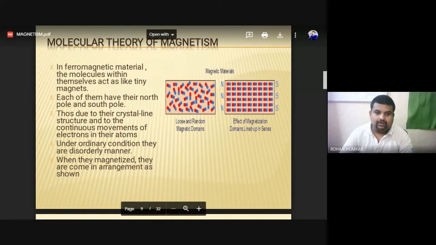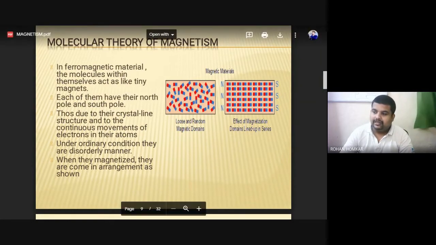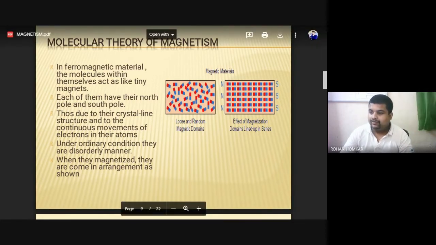They are in an arrangement like this, and we are getting the effect of its own strength in terms of magnetic strength. Okay, so this material now becomes magnetic, having the magnetic capacity, and it will be able to attract or repel magnets. Okay, so this is how we can say that this kind of magnetism is what we have seen earlier.